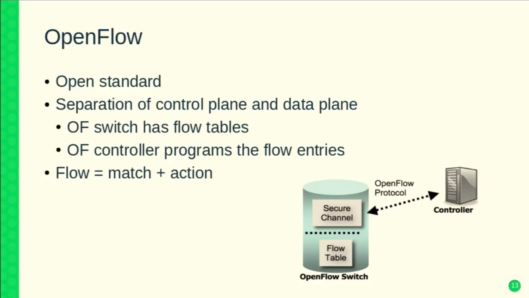So what happens when this OpenFlow switch receives a packet that doesn't match any flow that is installed? It will just go to the controller, because the controller is the component in charge of the control plane. So it's the intelligent part that makes the routing decision. And of course, the controller is also in charge of programming this OpenFlow switch. The way you program this switch is basically to install flows into its flow table.